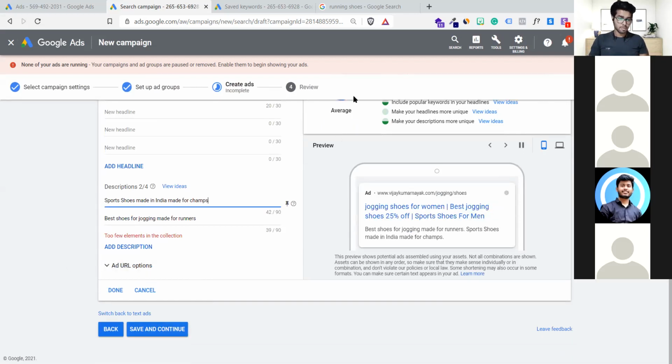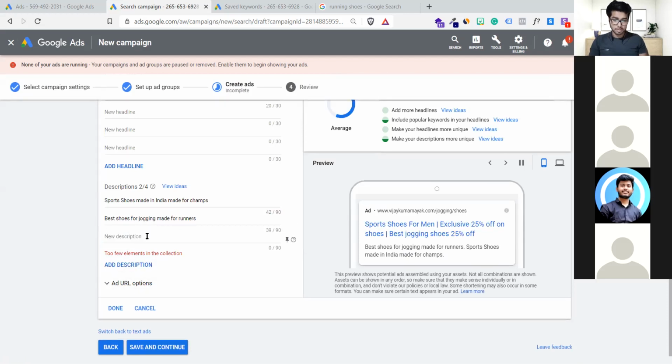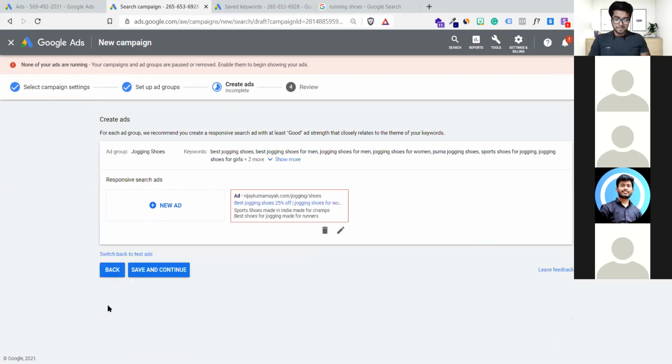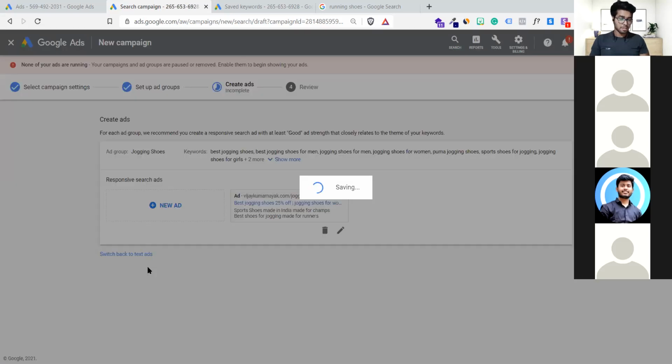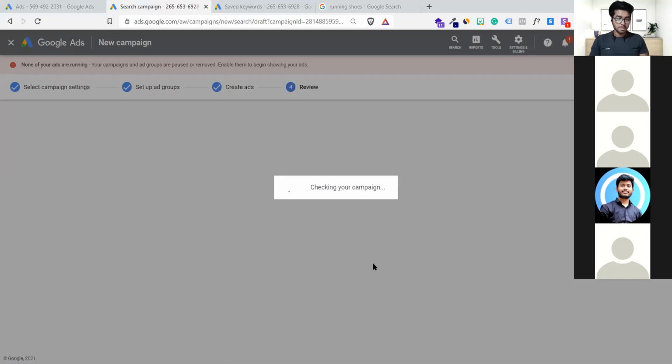Okay, we are on average score. Too few elements. Do you want more? Okay, let me give you one more thing. Shoes gives you wings. Okay, fly like Milkha Singh. Perfect. Now it's supposed to not show errors, but probably it may still show an error. But let's see. It should get solved now.